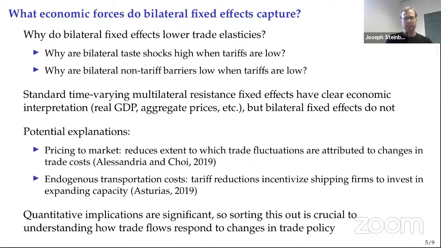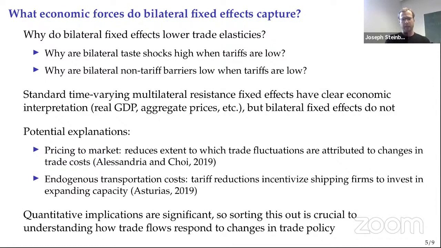And I think it's important to understand this because standard fixed effects in most gravity equations have clear economic interpretations. They capture real GDP, prices. But as far as I can tell, these bilateral fixed effects don't really have a standard economic interpretation. Certainly, they don't in a standard model, as I'll mention in just a minute. There are some potential explanations. Maybe it has something to do with pricing to market. Another potential explanation is endogenous transportation costs. There's a paper written by a friend of mine on this issue